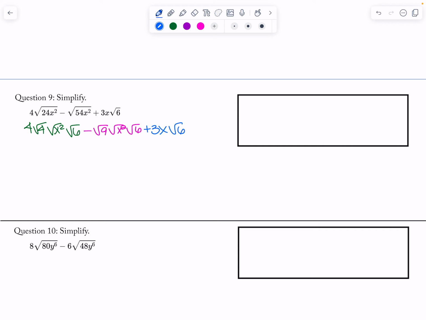Okay, so now let's simplify. 2 and then 4 makes 8x root 6, and then minus 3x root 6, and then a plus 3x root 6. Oops, not root x, just kidding. Root 6. So then I get 8x root